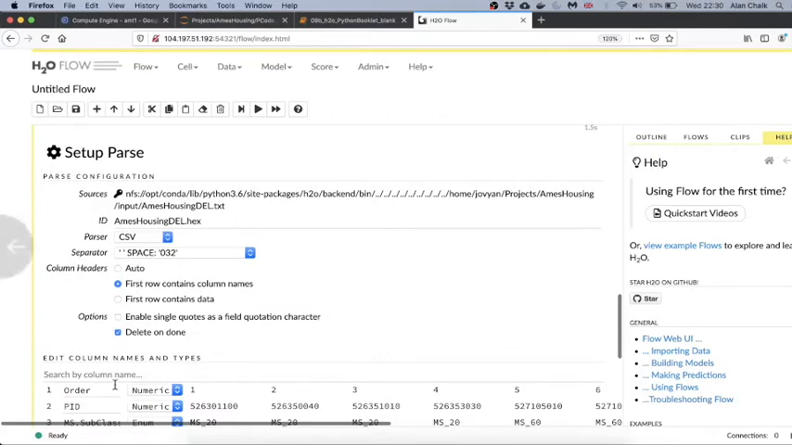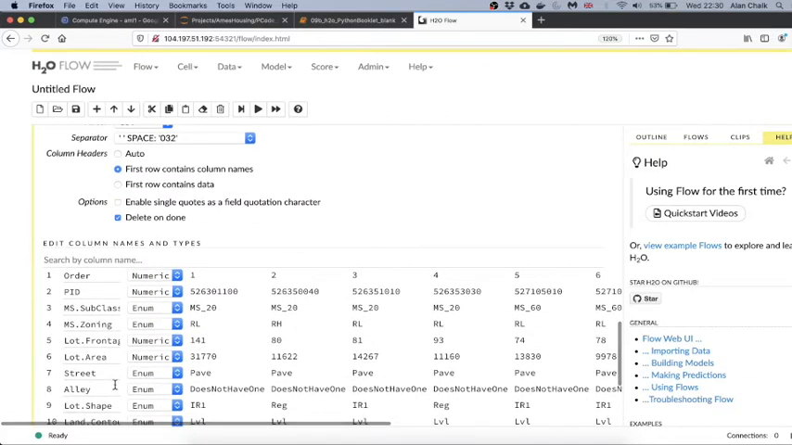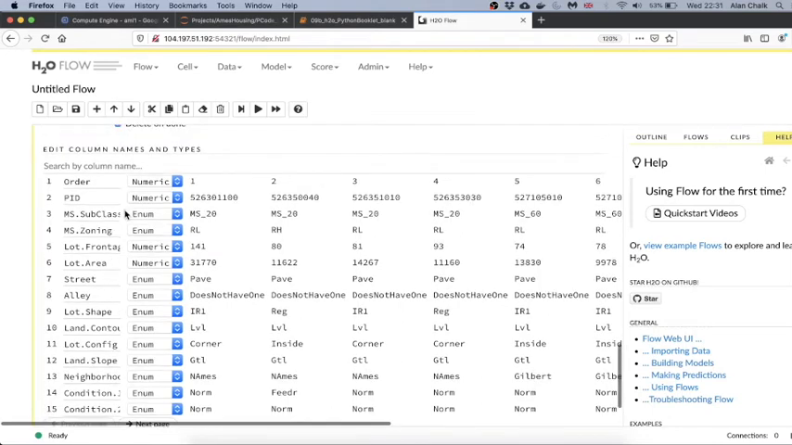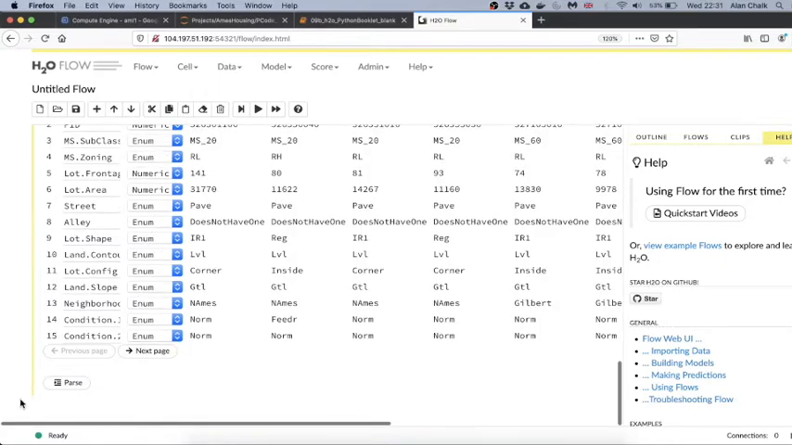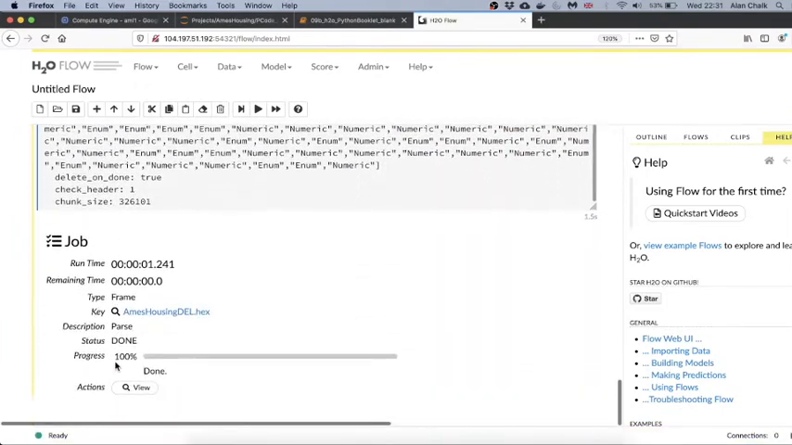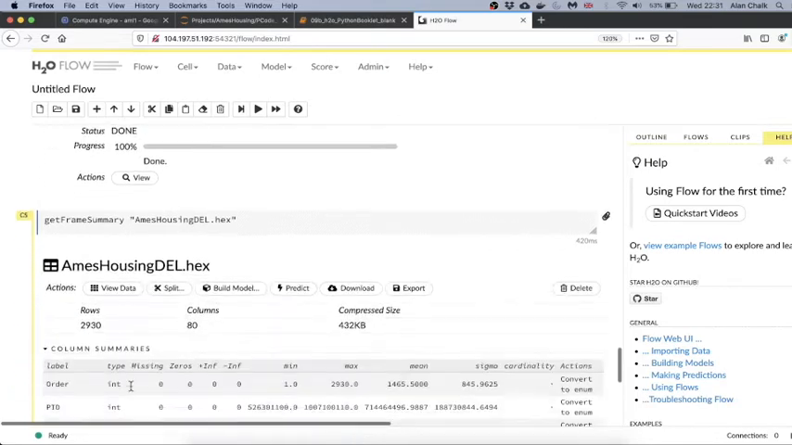So basically you do get some quite nice stuff here. It goes through, and with a user interface you can choose whether you want things to be numeric, to be this factor variable that we talked about before. I'm going to leave it as it is. I'm going to parse it. It's done. We can view the data,